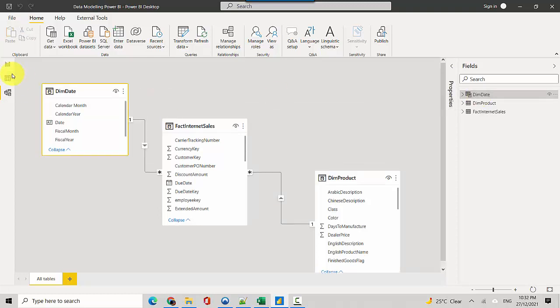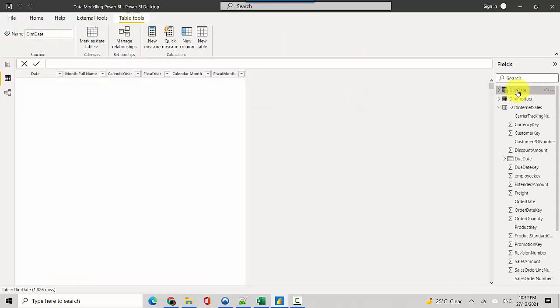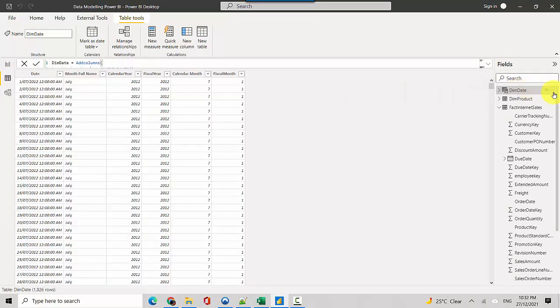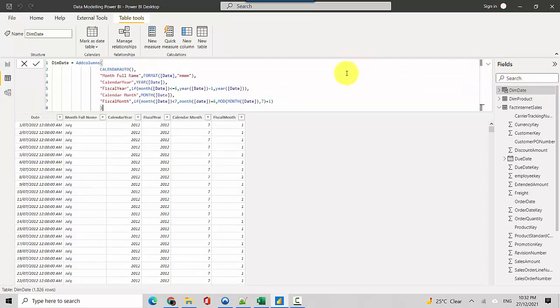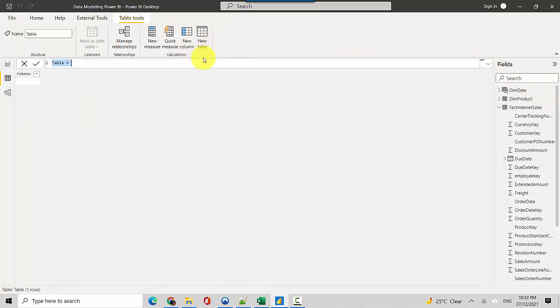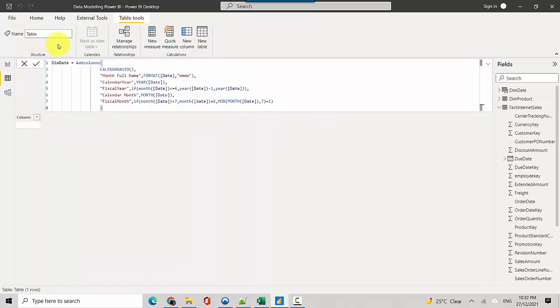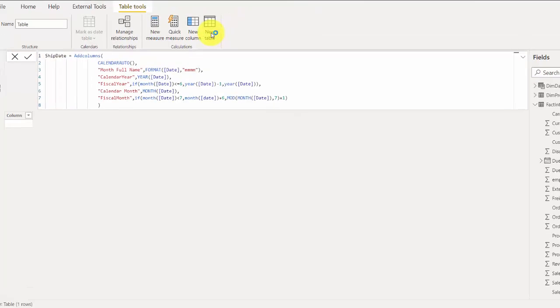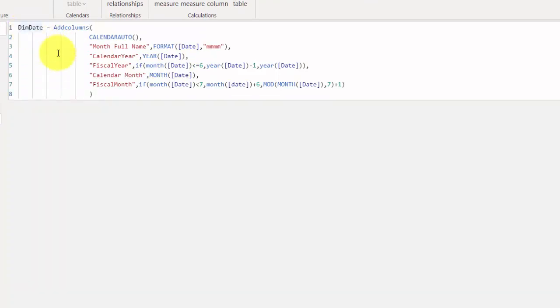So we'll just look at the DAX code used to generate this, and we'll copy this code, and we'll just hit new table, and we'll just copy paste the same code, and we'll call it ship date, and we'll create another table called due date.